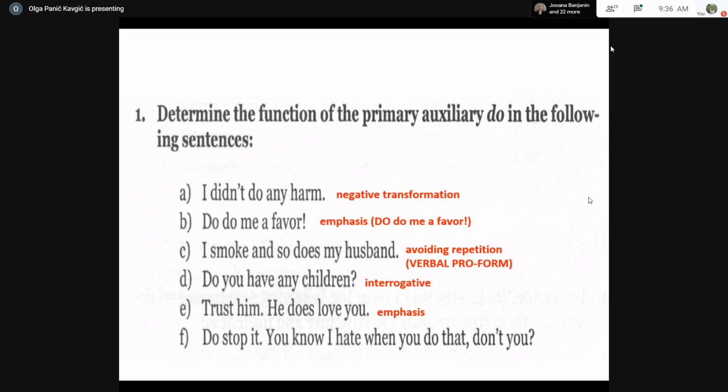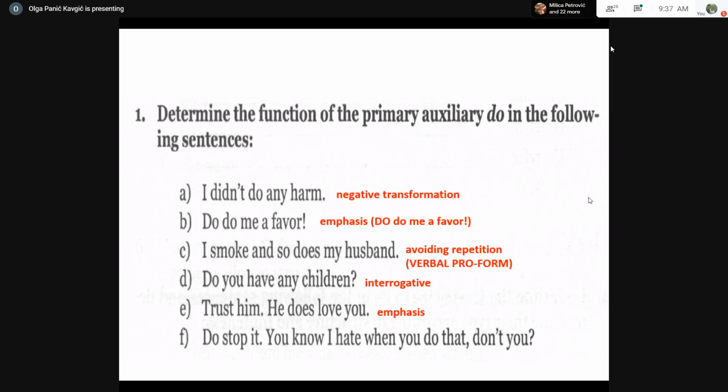What do you call this short question at the end of a sentence, like I can hardly see him, can I? Or you do like this, don't you? What do we call this short question at the end? Emphasis. This is not emphasis. The previous one was emphasis. This is called a question tag or a tag.